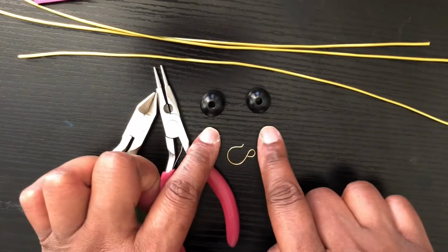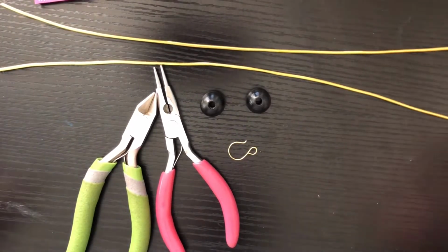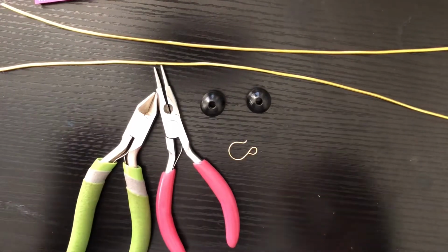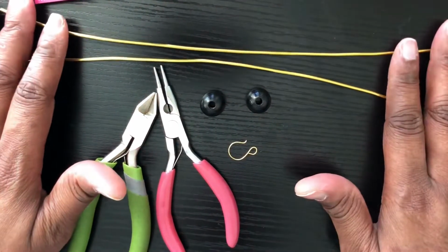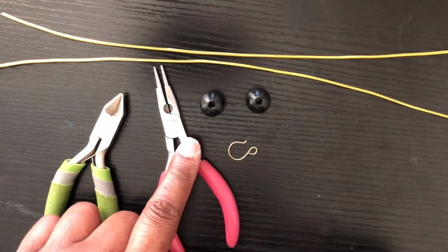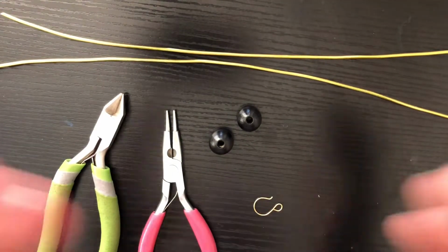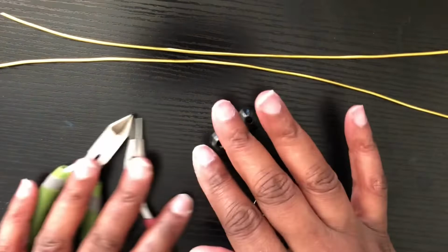So you're going to need two beads, two fish hooks, and two pieces of 12 gauge aluminum wire, but I'm going to repeat myself again. You can use whatever wire you have, okay? My choice is aluminum wire, and these two pieces are 12 inches long, okay? Got my ruler here, already measured it. You're going to need your wire cutters and some round nose pliers. This is a really easy how to make video, y'all. So, the very first thing that you're going to do